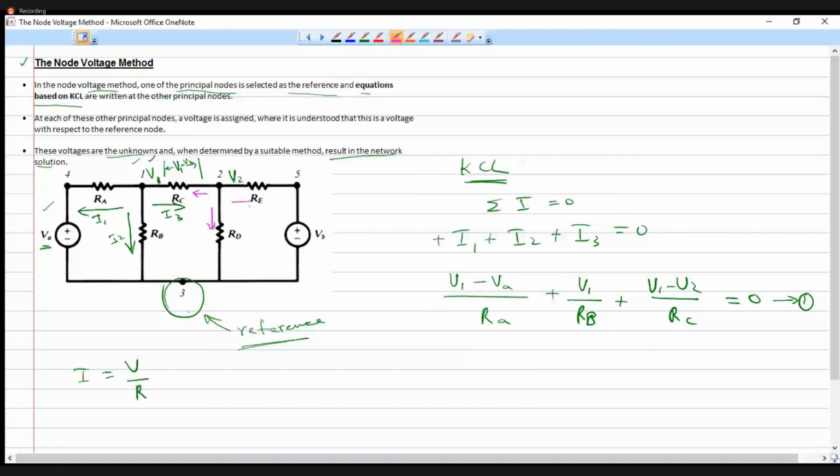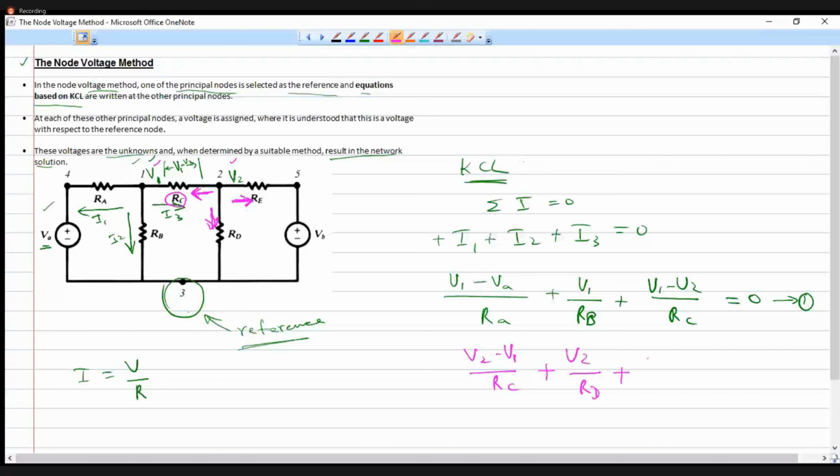And one current is going downwards and one current is going rightward. So the current going towards the left is V2 minus V1, this potential minus this potential, divided by the resistance coming in between. So that is V2 minus V1 divided by RC, plus the current that is flowing down, which is nothing but V2 divided by RD, plus the current that is going right side